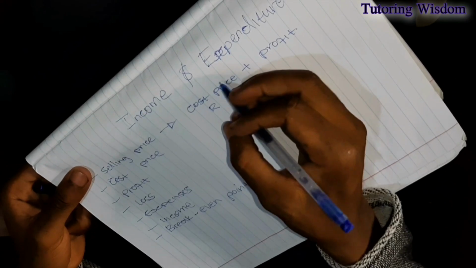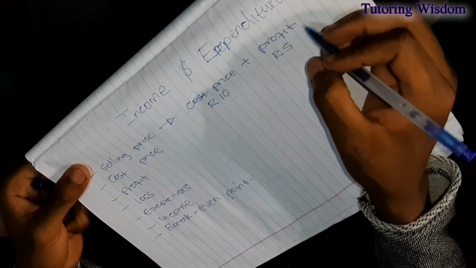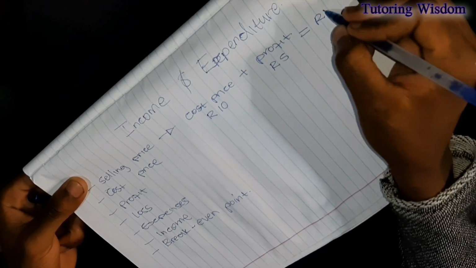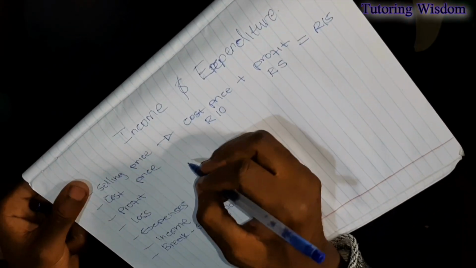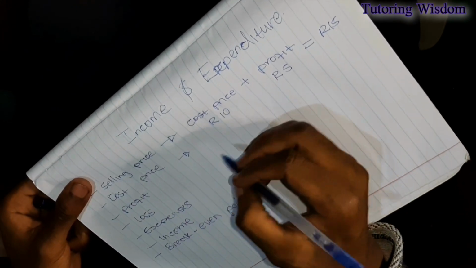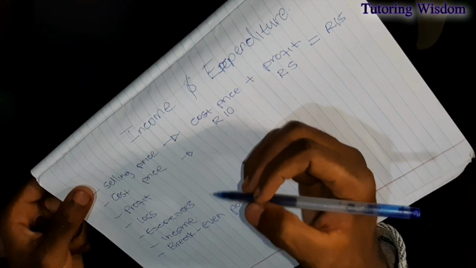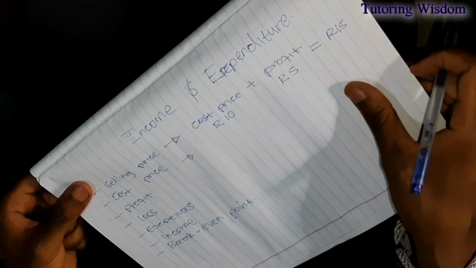So if this was maybe 10 rands, then you add a profit of 5 rands, which equals your 15 rands selling price. But to get your cost price, which is the money you use to buy that certain product before selling it, so that's the money you use to stock up that product,